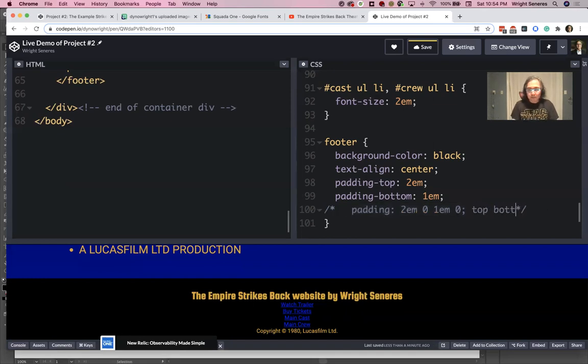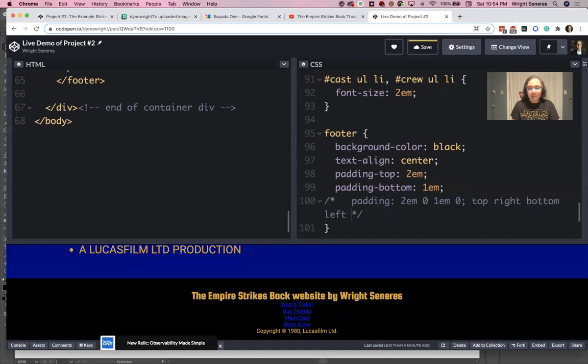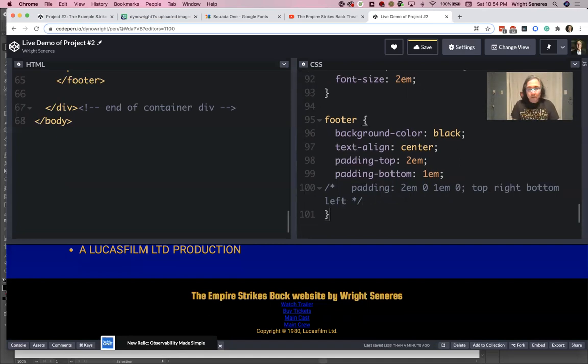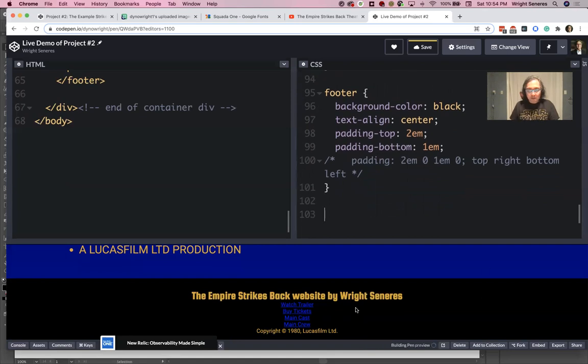Top, right, bottom, left. All right, that's our footer. Now, again, we need to do a little more specific code styling for these pieces here. So the next thing, footer,